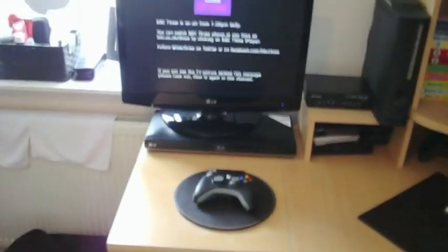Next, you need to put in your RCA cables. So you just put the red plug into the red hole and the yellow plug into the yellow hole, the red being audio and the yellow being video, if I'm not mistaken. The other two will need to go into the